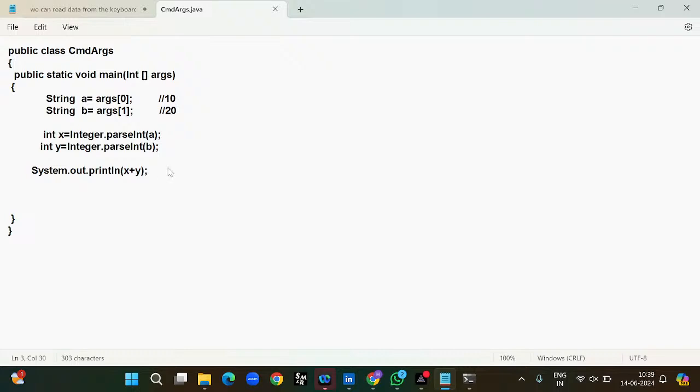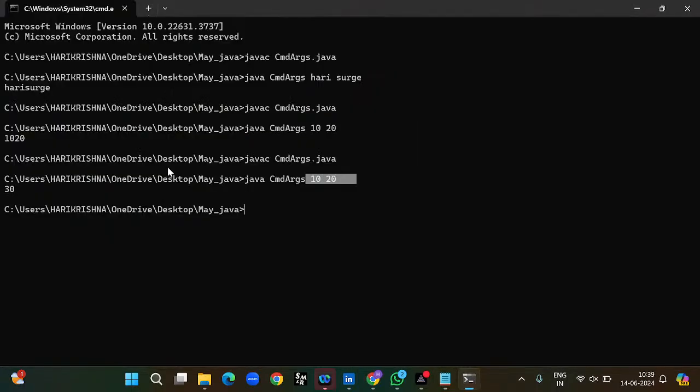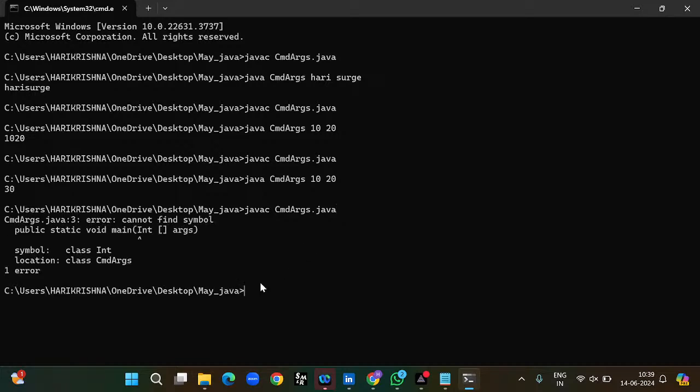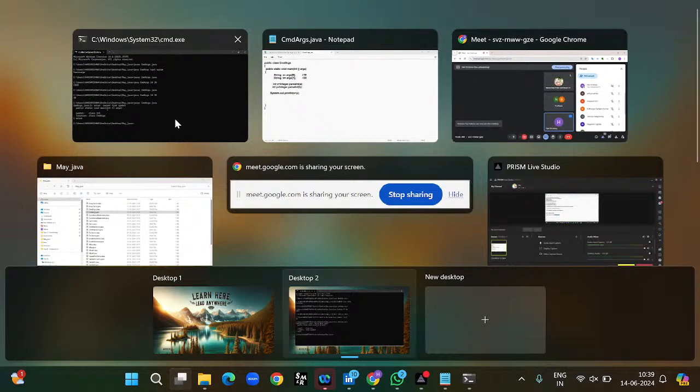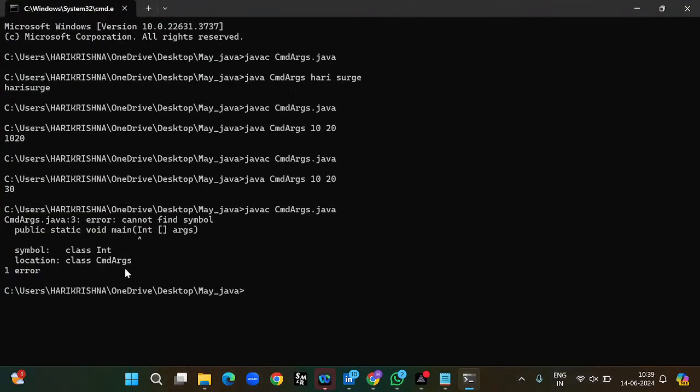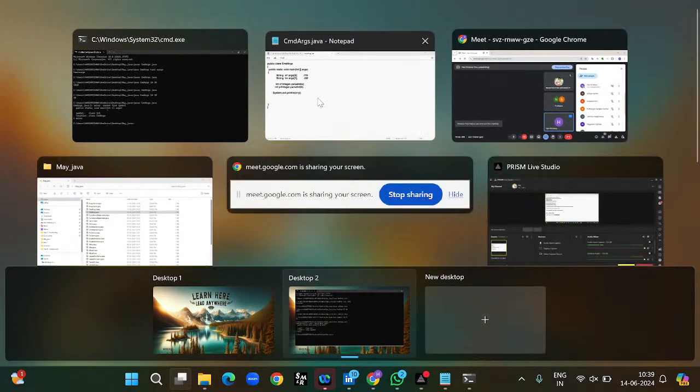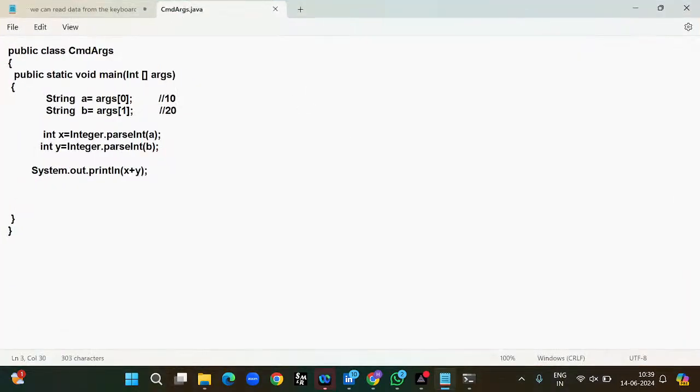So I will run the file, and I will see what the error will come. First we need to compile. So I'm compiling. If you see what it is showing, cannot find the symbol. Cannot find the symbol, and public static main. So this is where we cannot find. Why? Because